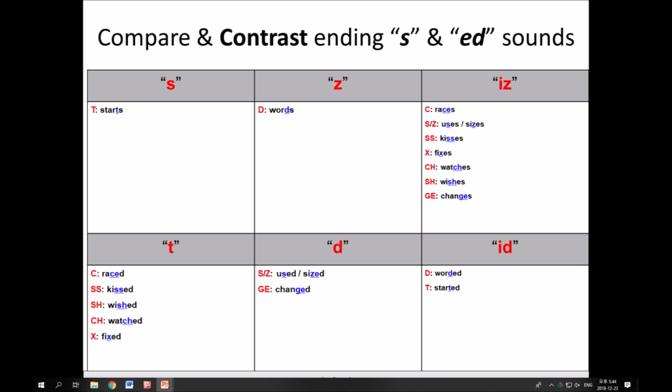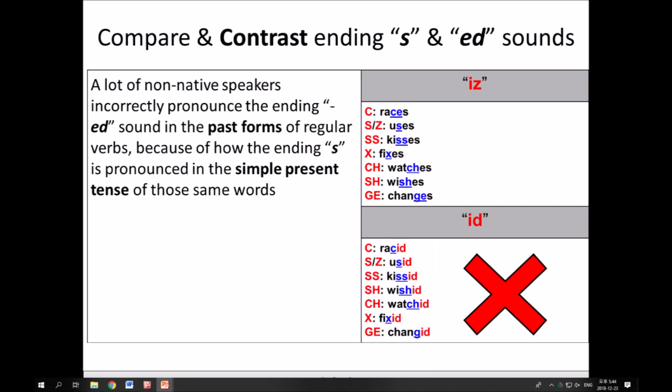Okay, so here we're looking at the differences, the contrast between the S ending sound and the ED ending sound pronunciation. And why I say it's so important to compare and contrast the ending S sound and the ending ED sound is because what I hear so often, so frequently, all the time, is non-native speakers incorrectly pronounce the ending ED sound in the past form of regular verbs because of how the ending S sound is pronounced in the simple present tense